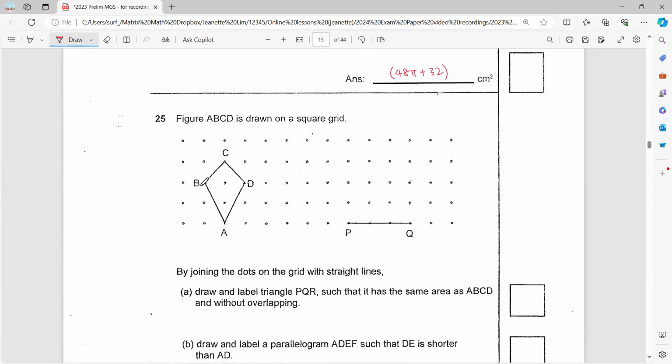Question 25. ABCD is drawn on a square grid by joining the dots on the grid with straight lines. Draw and label PQR such that it has the same area as ABCD and without overlapping. So we need to find a point R such that it has the same area as this. So what is the area of this? In terms of squares, right? How many squares? If we split it this way,